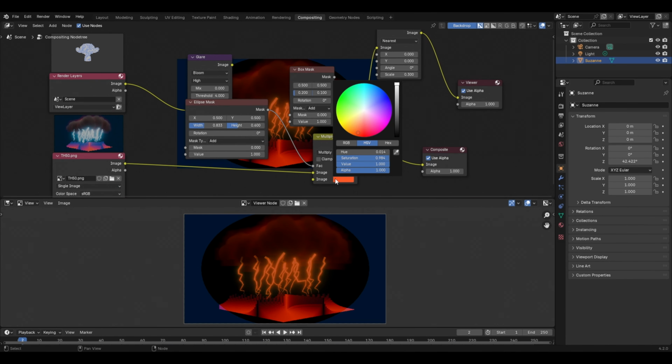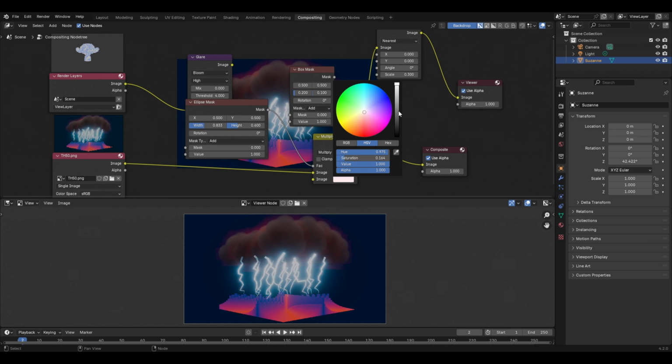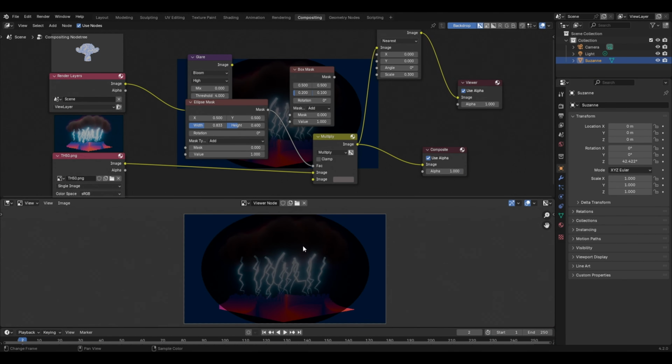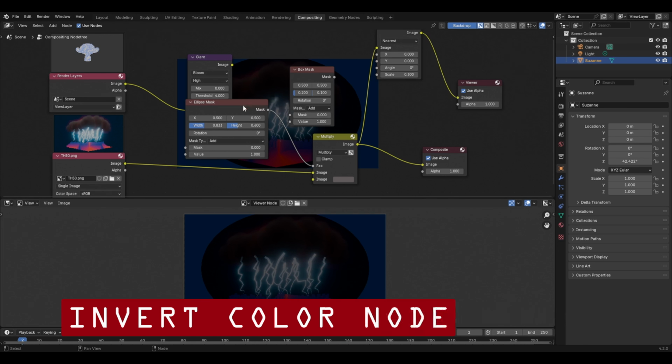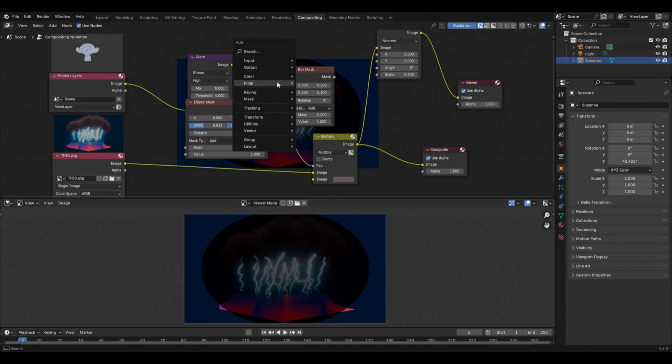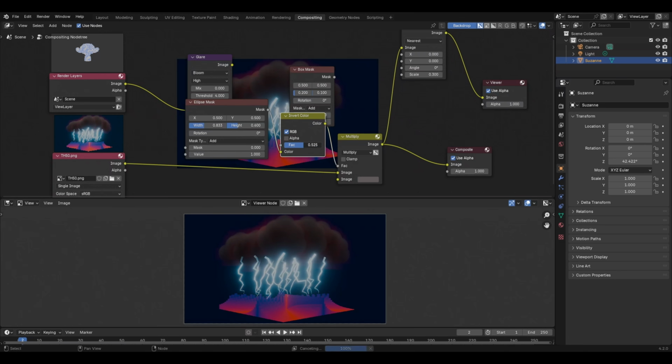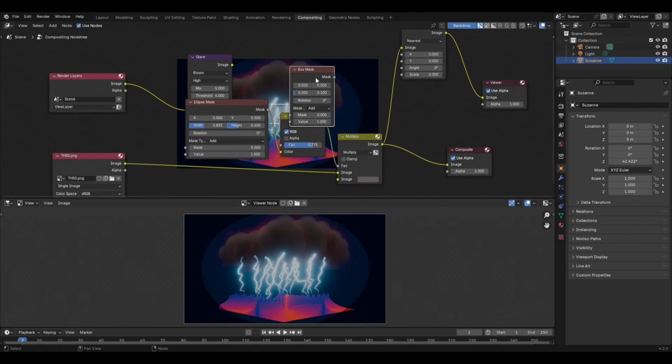Then for the second color, I'll change this to the gray color. Let's also bring down the brightness from here, and we want this gray color to be applied not in this region inside but instead on the outside region. For this we have to use the invert color node. To add it over here, press Shift plus A, then go to color, and from here select the invert color node. We'll place it after the ellipse mask node. Let's also reduce the factor value to something like 0.6 or maybe 0.7, and now you will notice that we are having a kind of vignette effect applied to this image. I'll also delete the box mask node from here, so I'll select this and press X to delete.